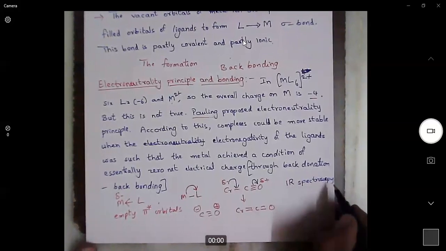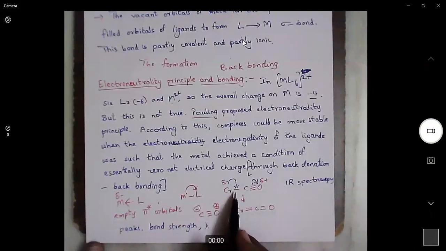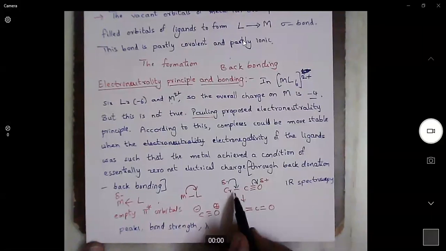In IR spectroscopy, the bonds will vibrate. So IR spectroscopy peaks are nothing but their energies, the bond strength. If your bond is strong, then it will have a peak at very high wavenumber values. But if your bond is weak, it will give a peak at very low values. When do we say a bond is strong, and when do we say a bond is weak? If it is a triple bond, it is more stable. If it is a single bond, it is less stable. Triple bond is more stable than double bond, which is more stable than single bond.